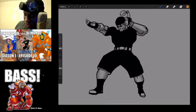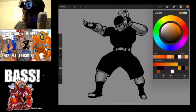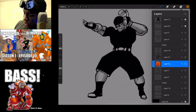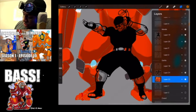And there he is. So we're going to need a decent skin tone for Mondo. So let's see what it looks like. Let's see what works here. I'm going to turn on the...